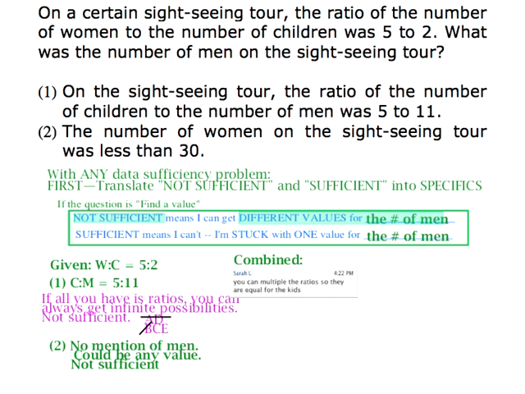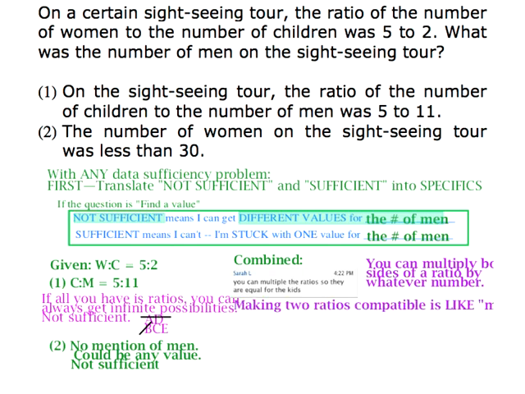So the background fact that you should understand about ratios here is that you can actually multiply a ratio by any number you want as long as you multiply both sides. Because remember, a ratio at the end of the day is a fraction. So you can multiply both sides of a ratio by whatever number. So if you need to put 2 ratios together, it's a lot like making a common denominator, except it's not a common denominator. So making 2 ratios compatible with each other is like making a common denominator. Just think of it as the same process, except you just have to look at which element of the ratio is in common